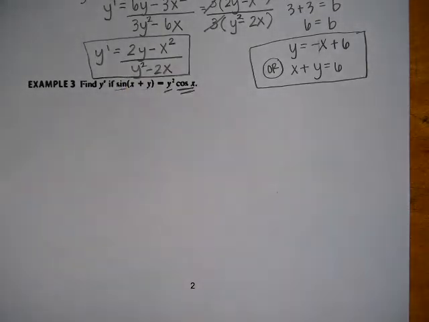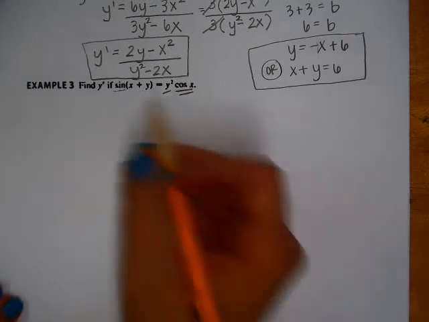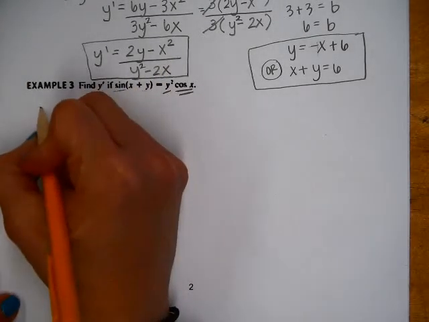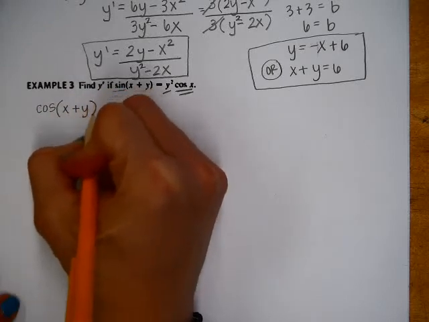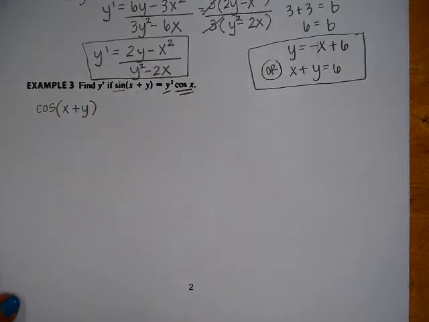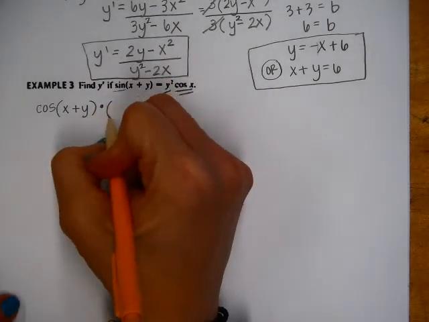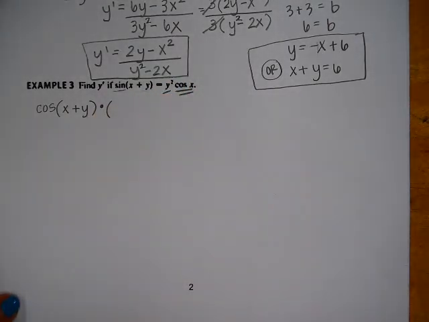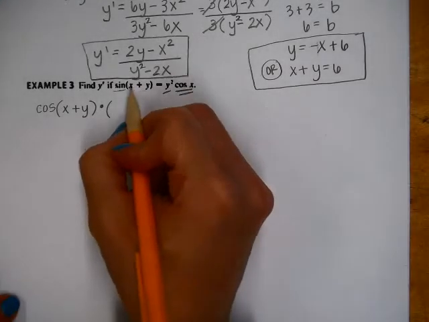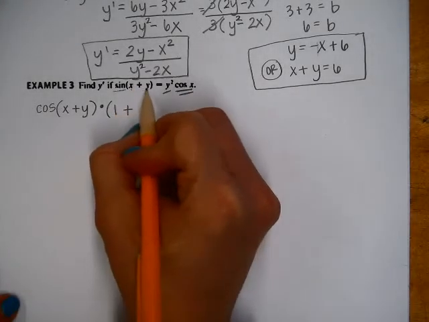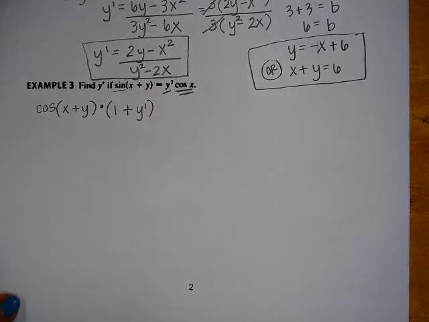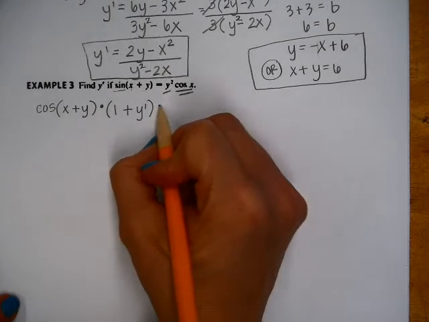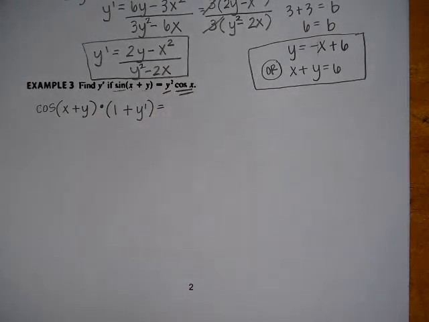So the derivative of the left, the derivative of the outside, the derivative of sine is going to be cosine. Leave the inside the same. And then take the derivative of the inside. Remember, this is chain rule that we learned in section 2.5. So the derivative of x is 1. The derivative of y is 1, but when we take the derivative of y, we have to add a y prime. On the right, we're still taking the derivative just like we typically would, but that is the product rule,